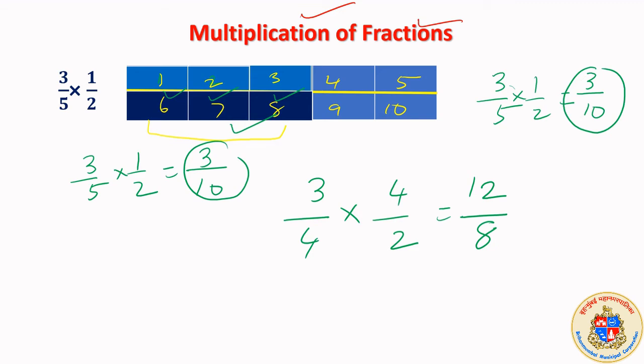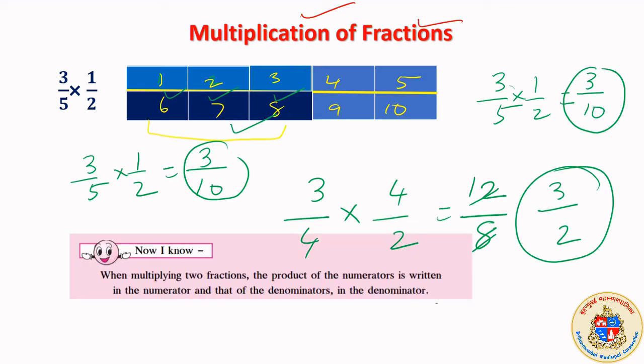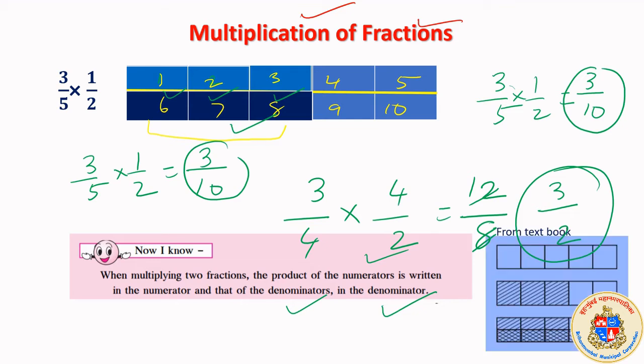And you can make it simple. You can convert it into mixed number, or you can make it a simpler fraction by dividing both with 4. It will be 3 upon 3 4s are 12, 2 4s are 8, 3 upon 2 it is. All these things are different things, but multiplication of fraction means simply multiply numerator with numerator, denominator with denominator. Product of the numerator is written in the numerator, and that of denominator is written in denominator. Finished. Chalo, आगे जाएंगे.